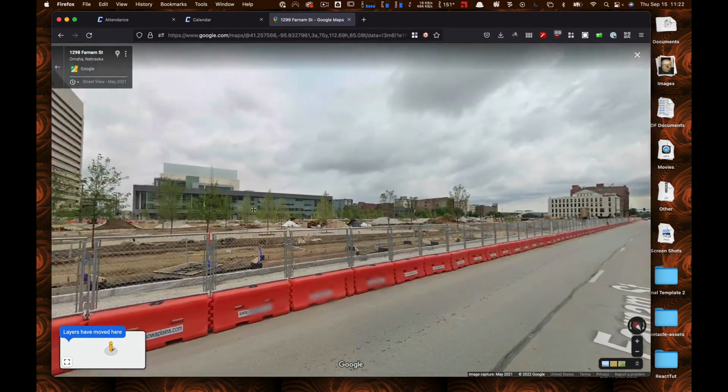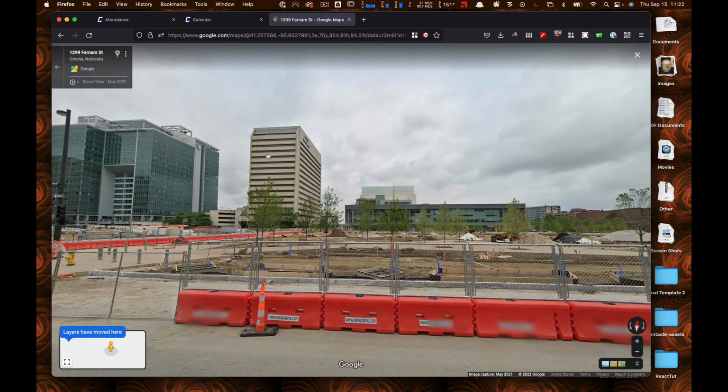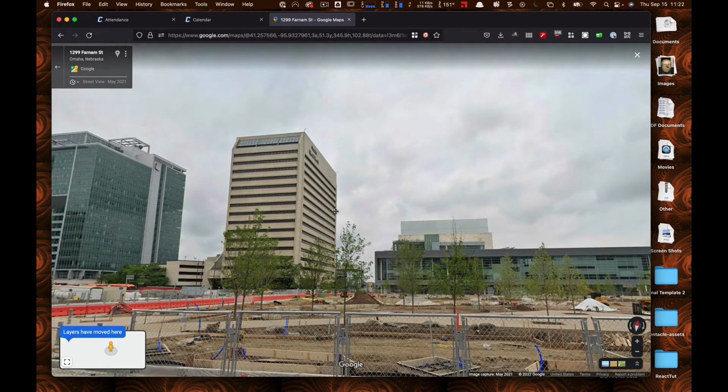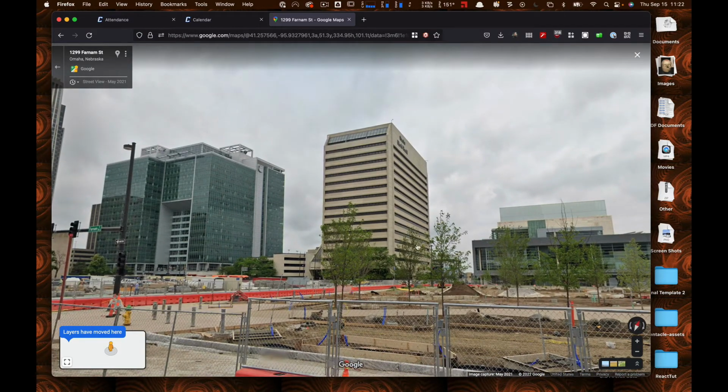Of course, this all looks very different now. But we could come over here and you could get like a shot this way, something like that, and angle it. You're going to have to account for the trees. So if you were to do something like this, let's take a screenshot.